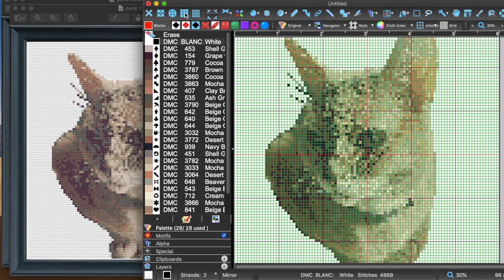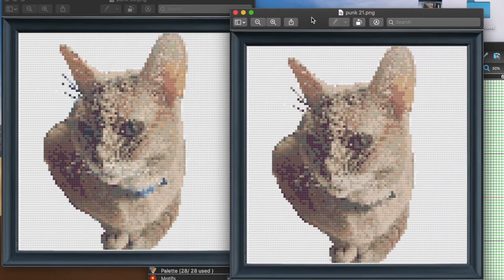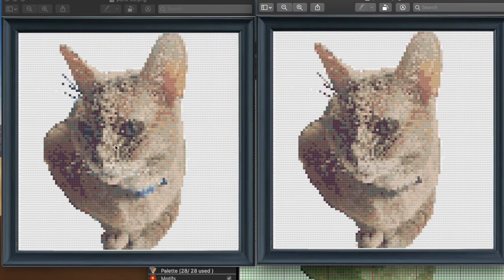And I did get some framed versions up to compare what it looks like. So on the left, we've got Punko with 38 colors in the palette. And as you can see, her collar is nice and vivid, and she has a lot more of the original color in her eyes available. And then on the right, we've got Punko with only 21 colors in the palette. In this version, she has a lot less warmth, I would say, in her fur. There's less variation around the ears. It's a little bit easier to stitch on the face, but it's still